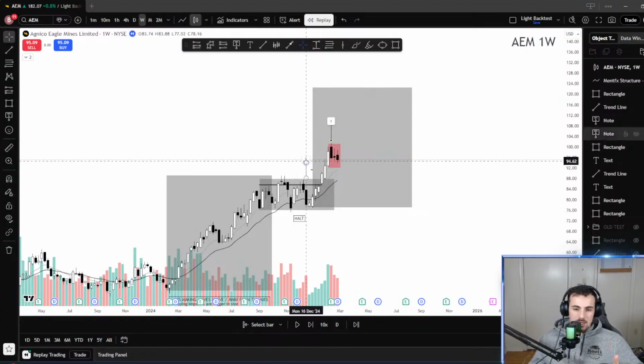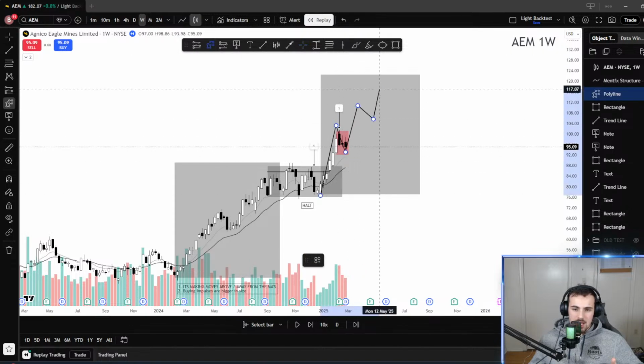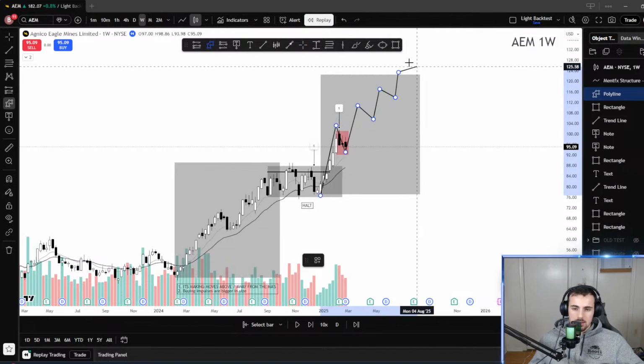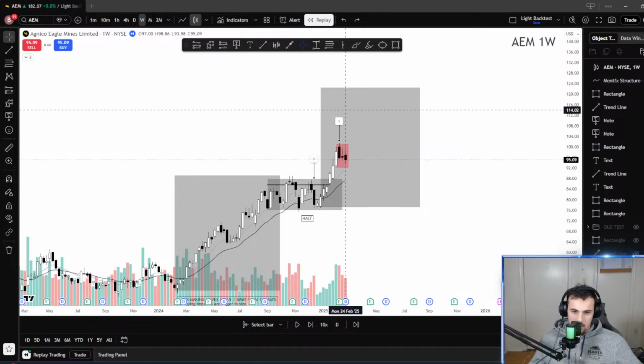Now, why I do this here is because the weekly is now in an environment where it looks like it wants to go and create this trend that I previously had drawn for you guys. So it's looking like it could potentially make a move like this, and I am looking to follow that move on lower time frames. So I'm lining everything up.